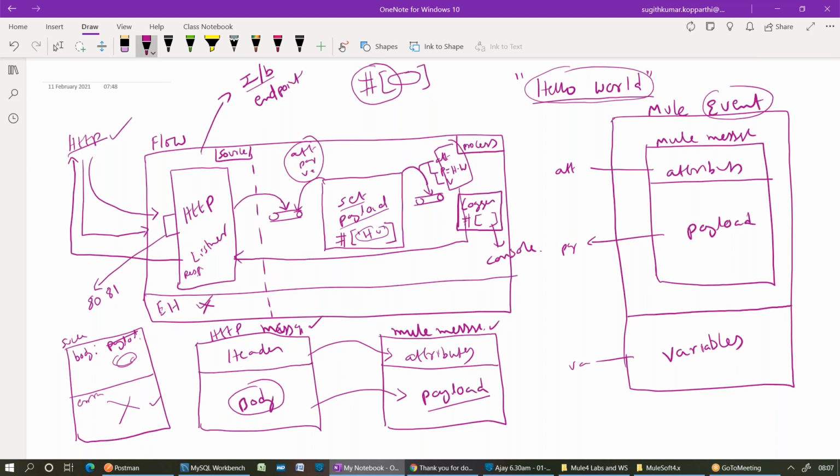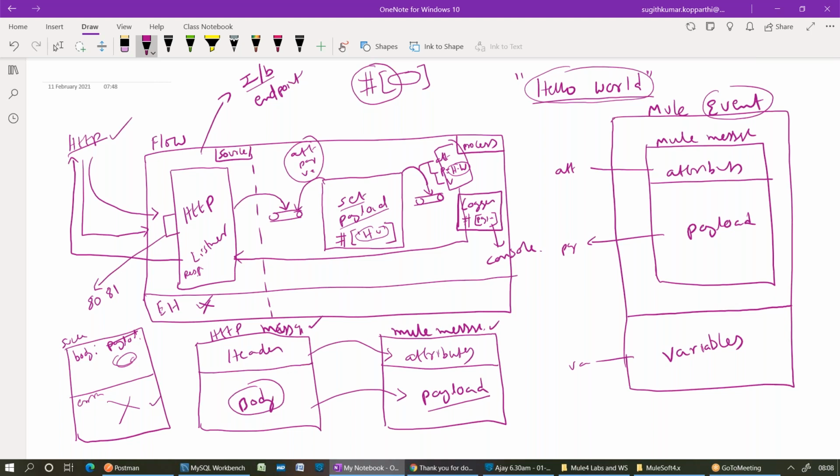If you want to check what response is given to the client, simply write a DataWeave expression called payload. Again, payload is a keyword in the DataWeave language. If you write the keyword payload in the square brackets, it will extract the value of the payload in the event, right?